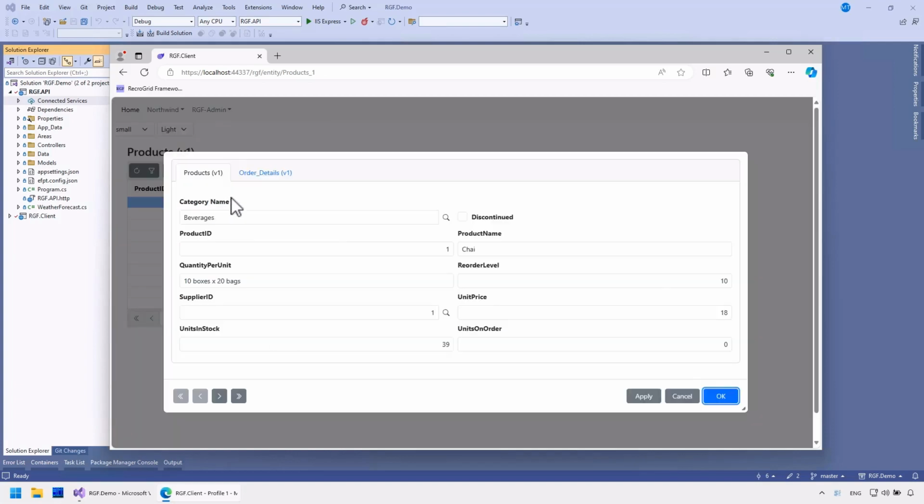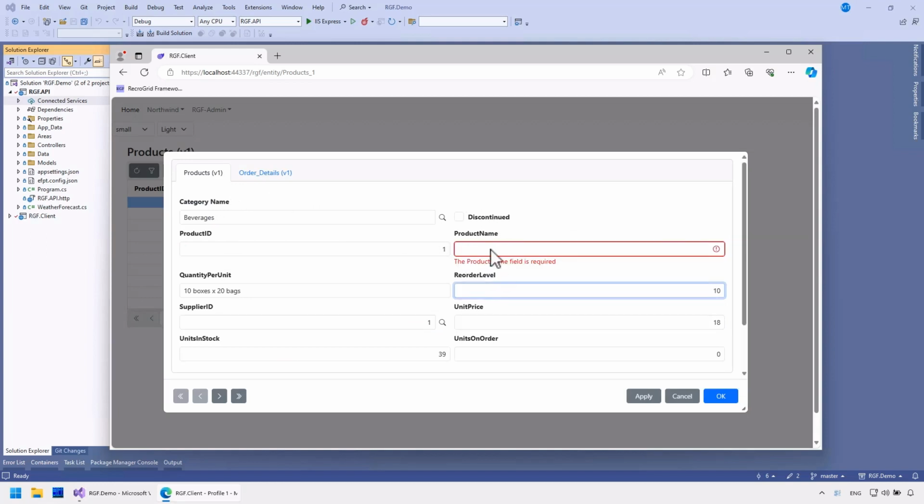On the product form, if I delete the content of the product name field, I immediately get a message saying the field is required. Reorder level is not required. Neither is QuantitypeRinit. And what about the length of the value?